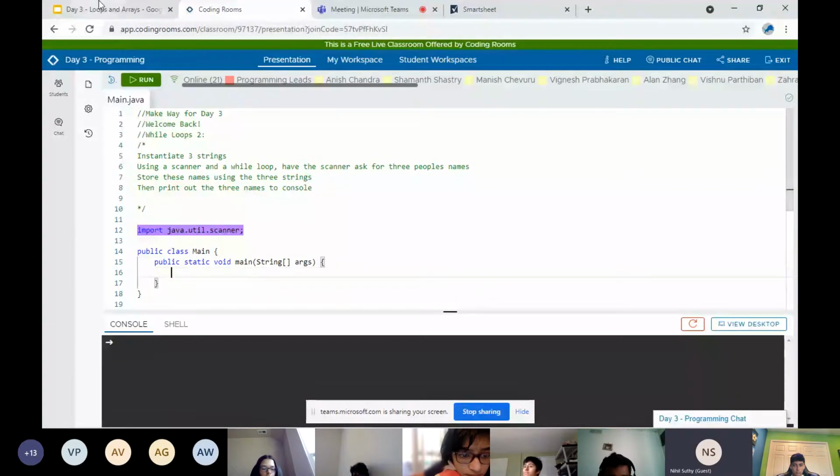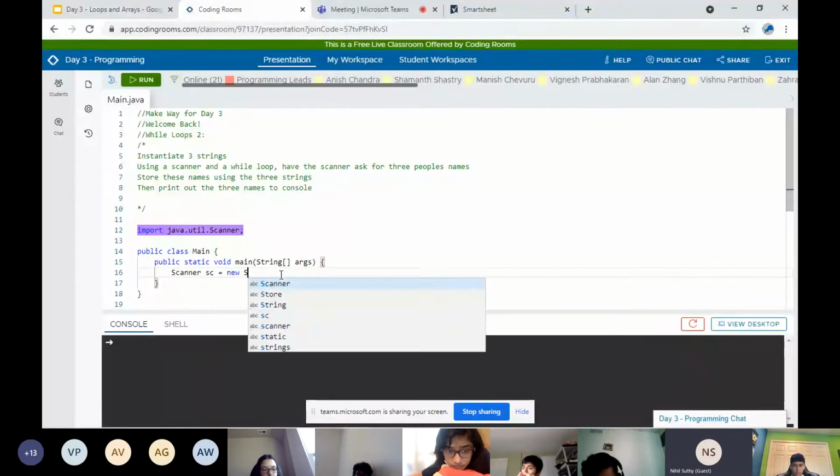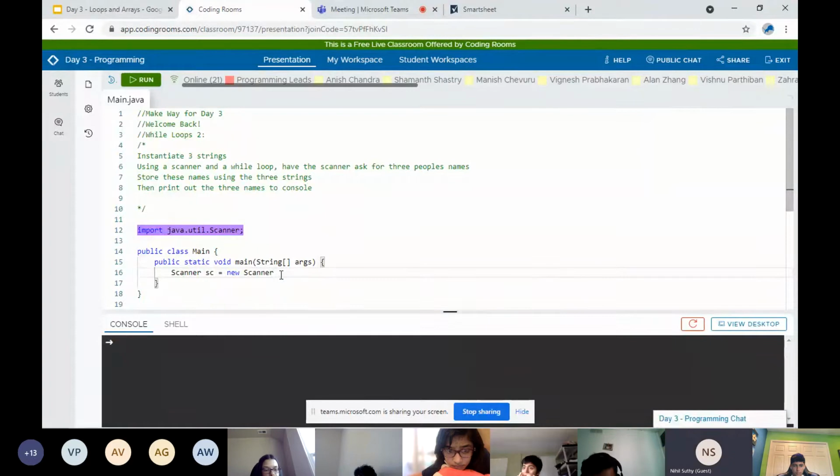Now it wants us to instantiate 3 strings and a scanner. So first let's just create our scanner. I'm just going to name this scanner sc. And we always have to do System.in when we're doing scanners. The next thing we need to do is create 3 strings to